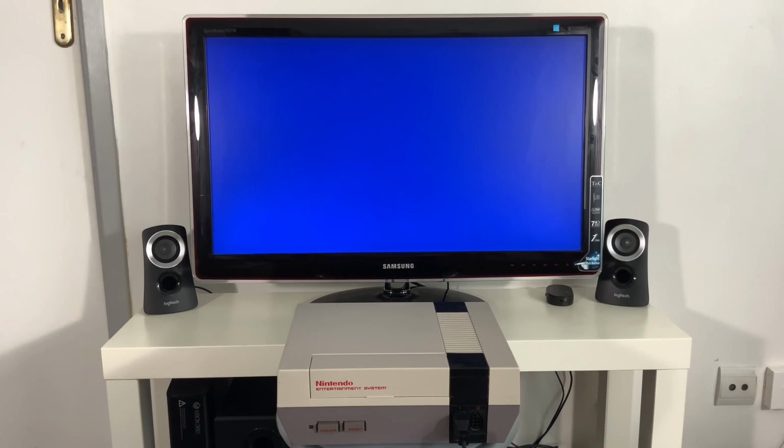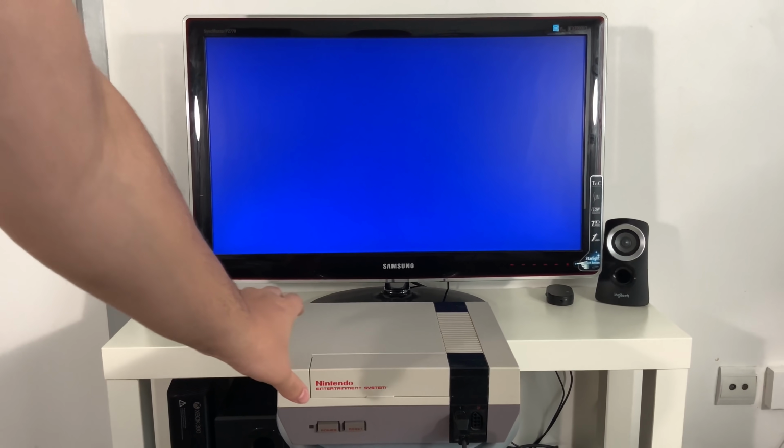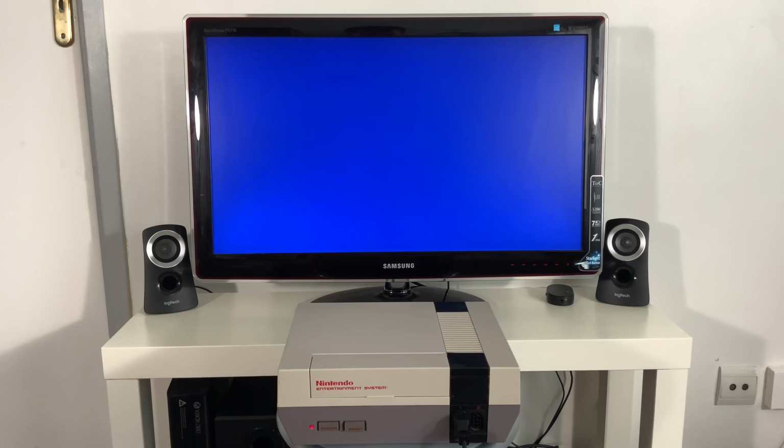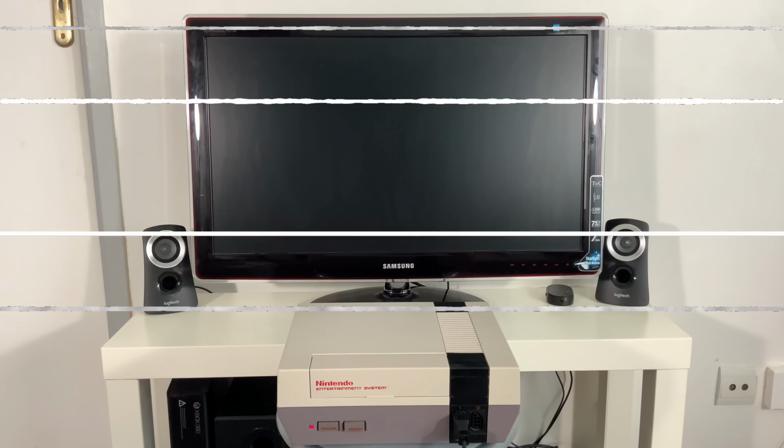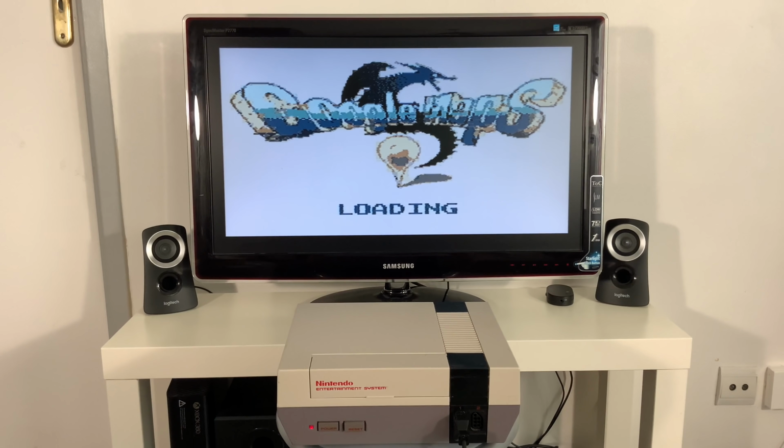So let me boot up the NES. It will take around 30 seconds to boot up and establish a connection to the server. Okay, finally we have a logo.